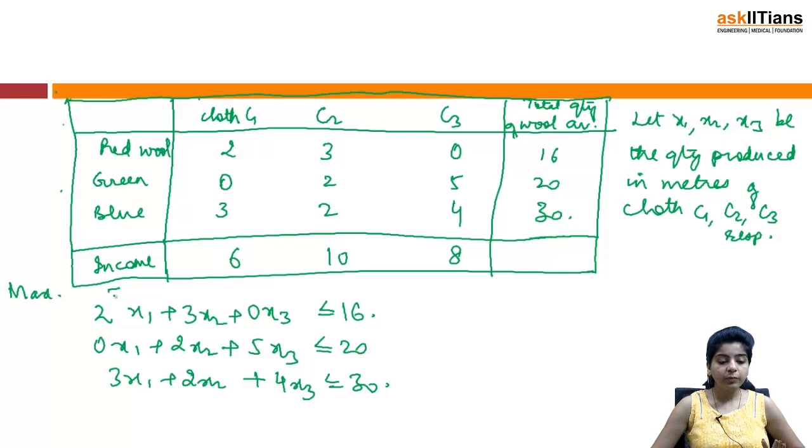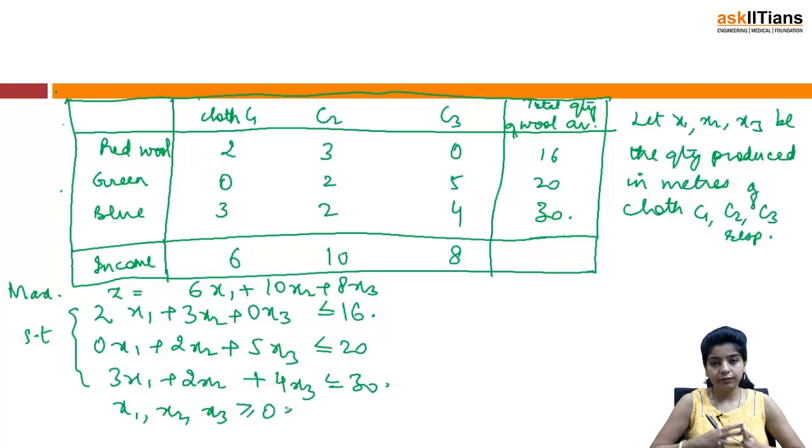So first of all, the objective function was to maximize z, that is, you have to maximize your income. That means maximize z equal to 6x1 plus 10x2 plus 8x3 subject to these constraints, right? And again x1, x2, x3 would be non-negative. So this is the mathematical formulation of this LPP. I suppose this also must be clearer to you, because these examples are quite simple, and in fact the mathematical formulation of LPP is quite simple.